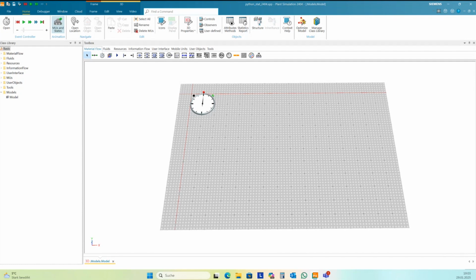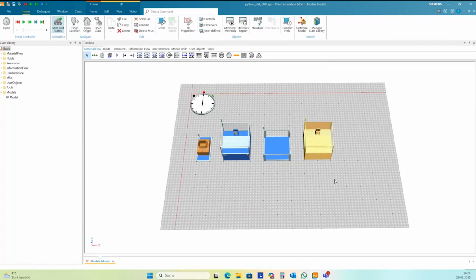So we start with a very, very simple basic model. I want to have a source, one station, a buffer, a second station, and the drain.